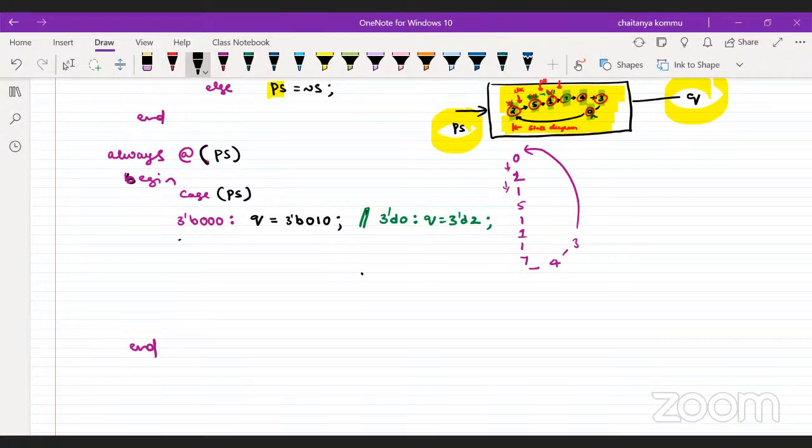So suppose you are in the 3 decimal of some state. Where do you have to go? You have to go to the 5th state: Q is equal to 3D of 5th state. For example, suppose you are in 3D of 5th state. Next, where do you have to go? 3D